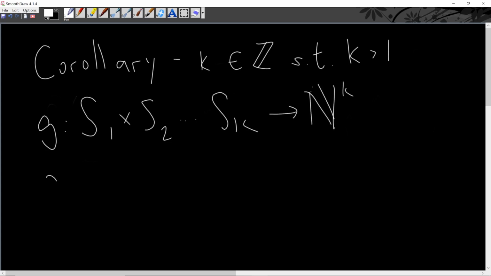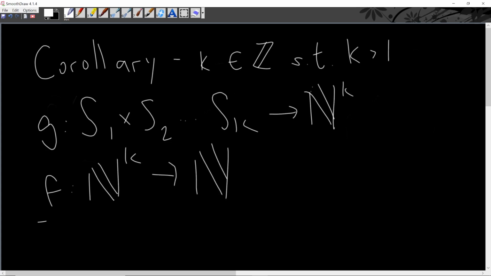And then we are also able to map f of N^k to N by saying that this function just maps every element in N to the power of k to a prime number in N. And since this function f and this function g both are injections, because every input does have an output, we can say that if you compose,